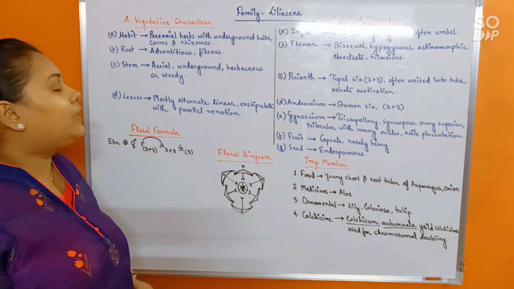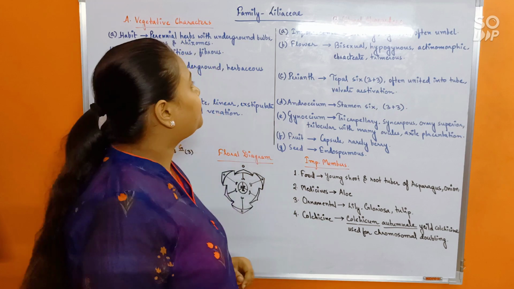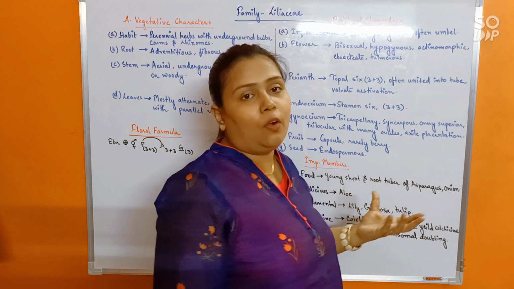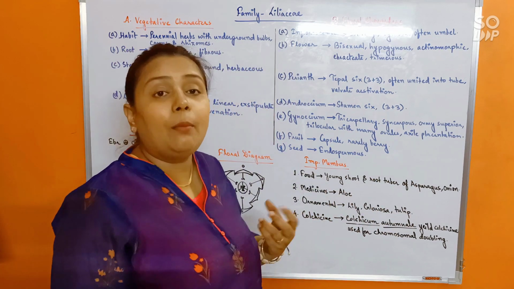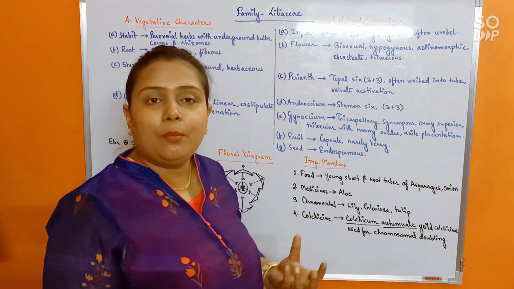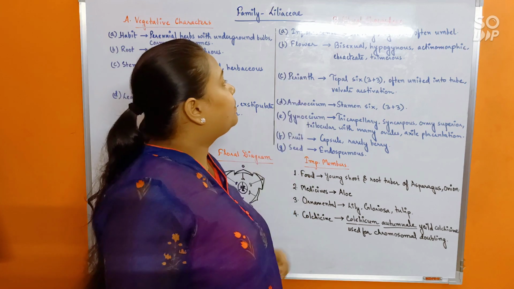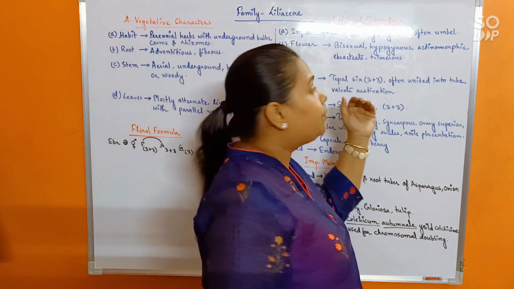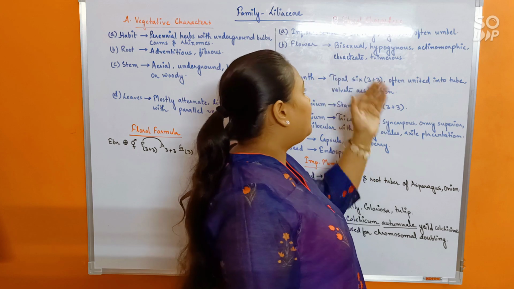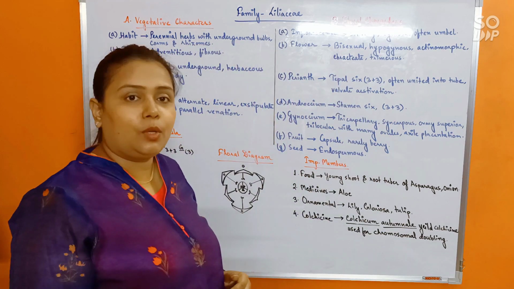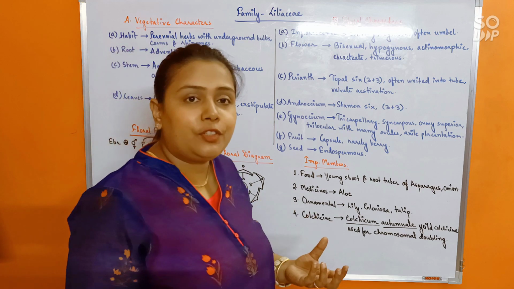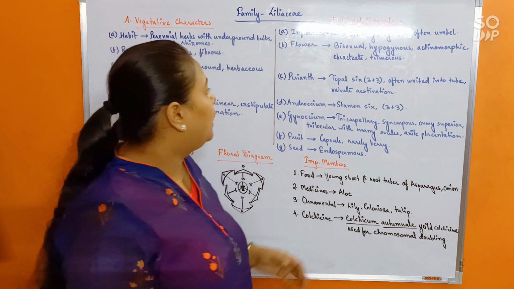Okay. Now, next regarding the floral characters, the inflorescence would be solitary or cymose, often in the form of umbellate clusters. Okay, umbel, if you remember, we have discussed it, isn't it? So, umbellate cluster would be mostly seen. Flower, bisexual as usual, hypogynous, that is superior ovary, actinomorphic, ebracteate and trimerous. Okay, trimerous means flowers with floral parts in the number of 3 or multiples of 3.